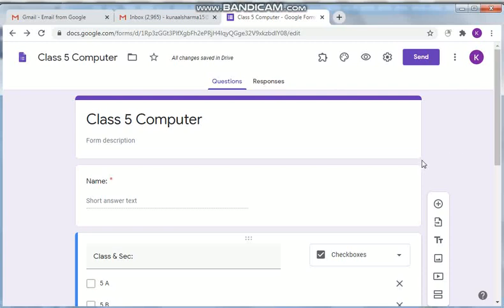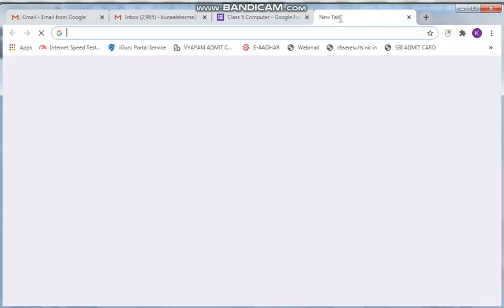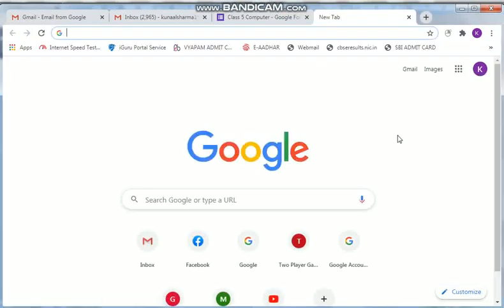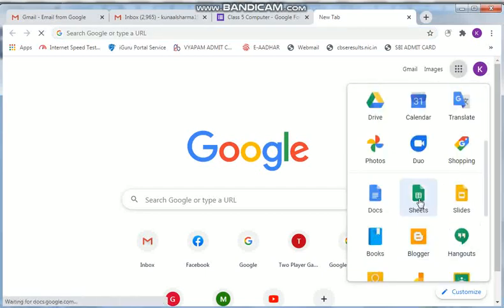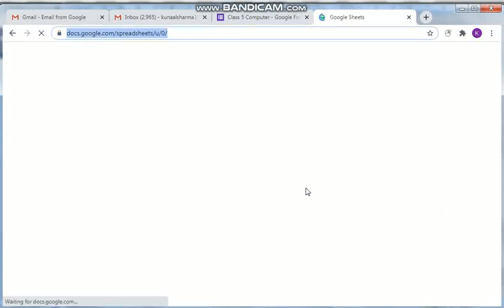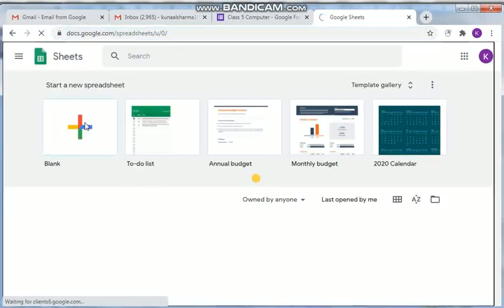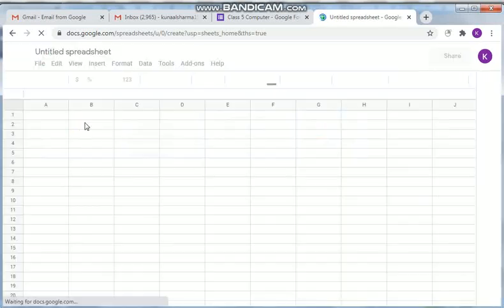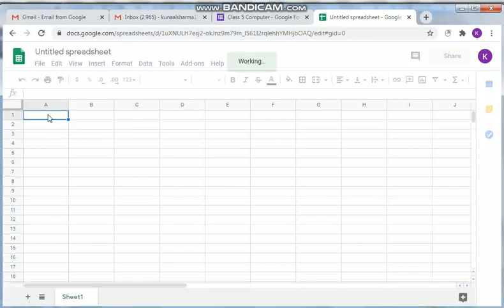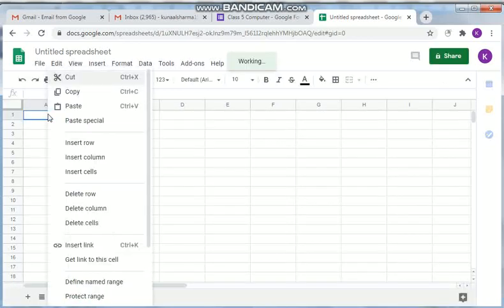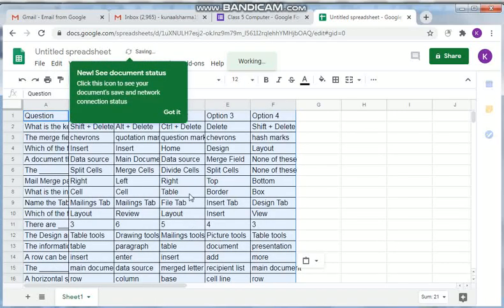You need to keep your sheet ready. Because you have typed in an Excel sheet, please copy all your questions into the sheet. So how do you do that? Click on this, because we'll require a Google Sheet. You cannot directly use your Excel sheet. So click here and open Sheets in a new tab. Then click on this blank sheet. Now this is my blank sheet. I have already copied the questions. I'll right click and click on the paste option. So all my questions are over here.